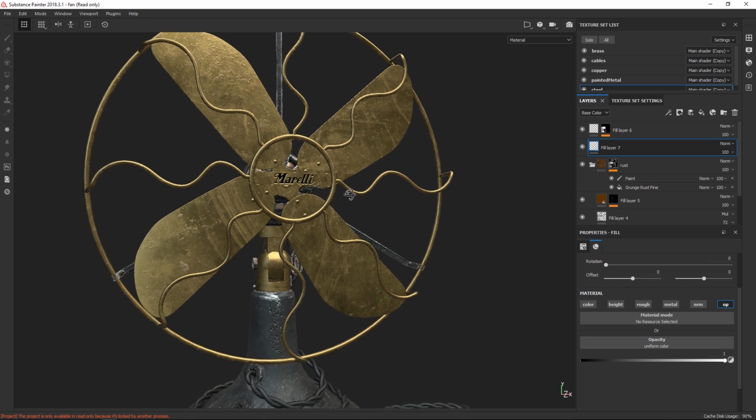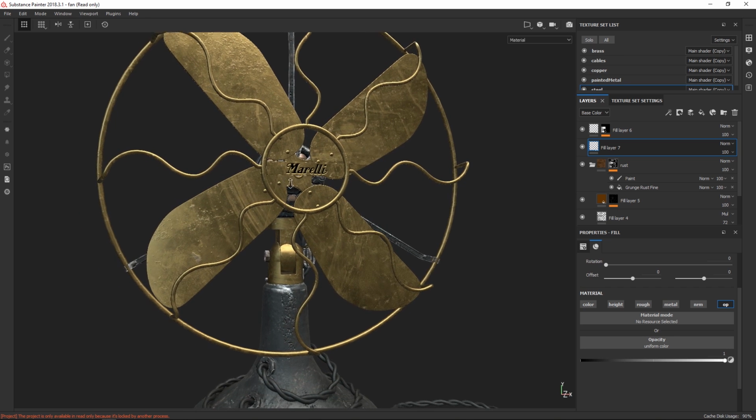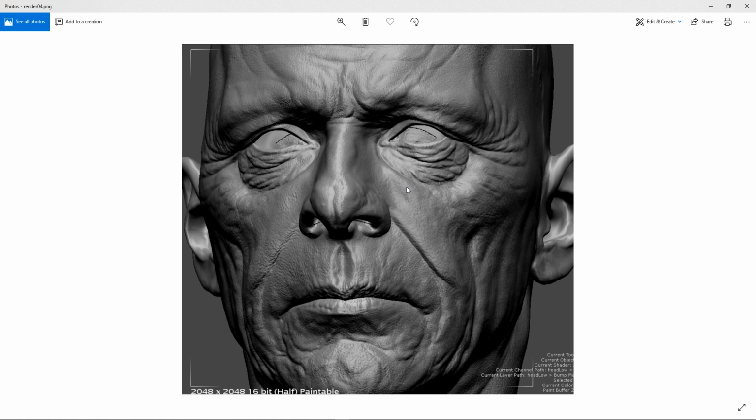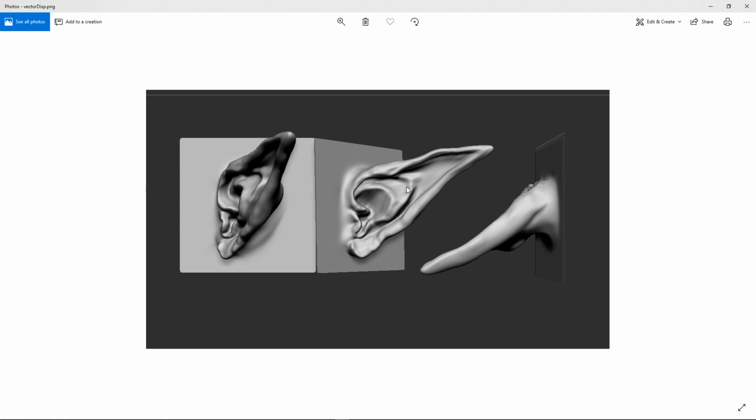Yeah, because that's a little hidden gem that we're not using here in Painter. Exactly. Also, a quick note as well: a displacement map is interchangeable with a height map. There is no difference between them. It's a black and white map which moves points up and down. But let's look at vector displacement, because that's a little surprise. So this is from our creature kit in ZBrush, where we just have vector displacement maps.